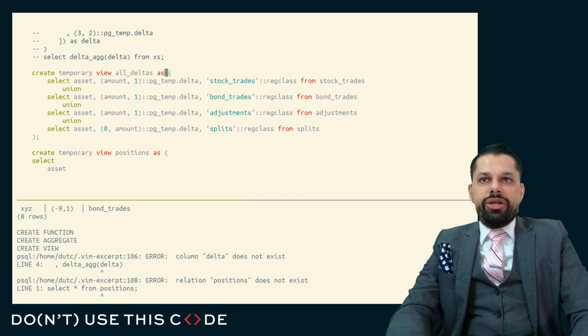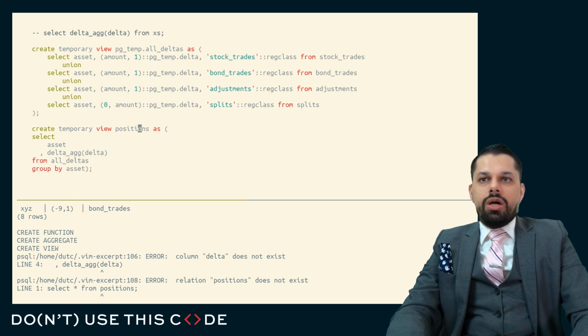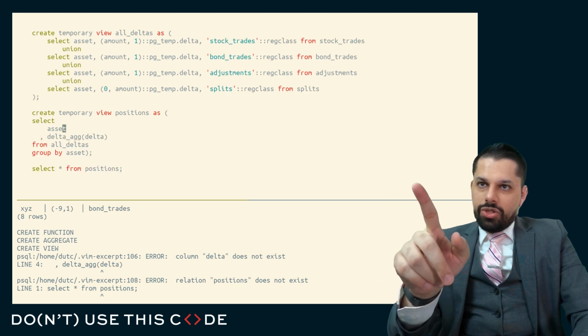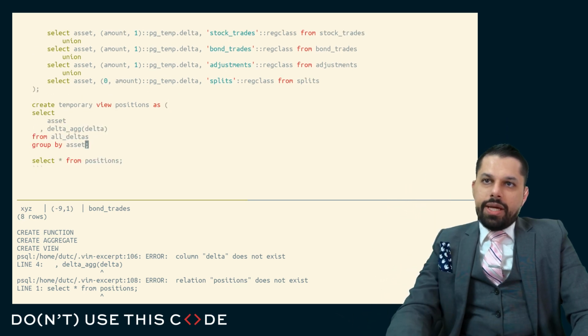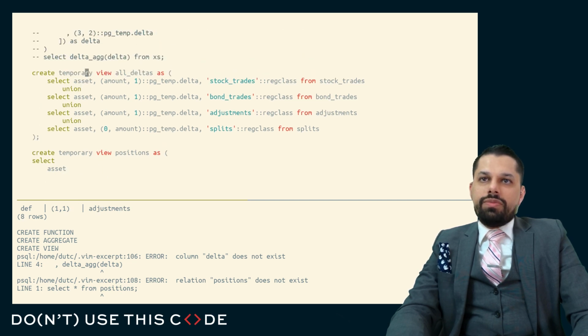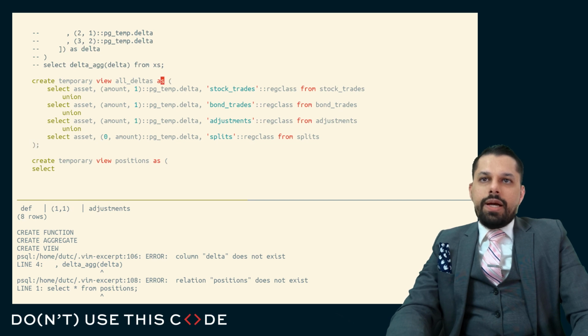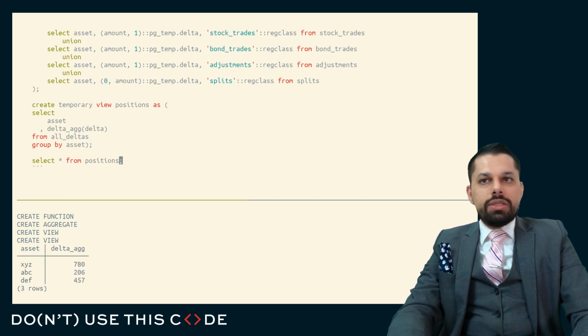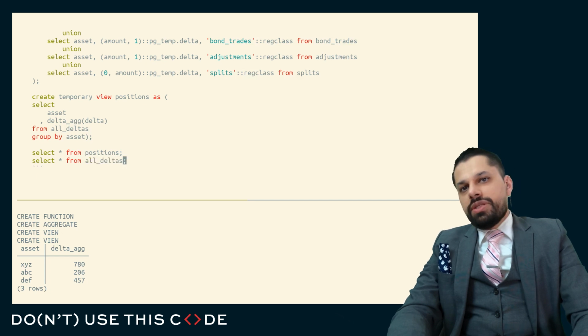And we've got to create this in the temporary namespace, otherwise it'll persist between our runs. Oh no, that's already in the temporary namespace, so that's good. And there's an extra, nope, that's right. And let's see. Oh, and we have to give this a name, of course. So here, we'll say this is asset delta rec class. There we go. And we can have exactly what we want, the position level view or the delta level view,